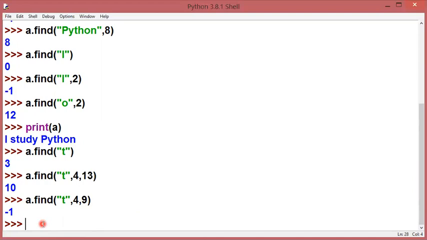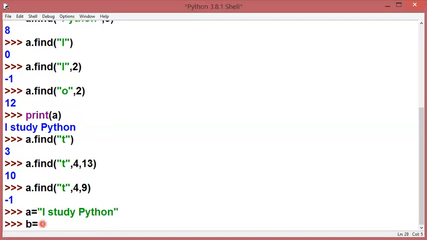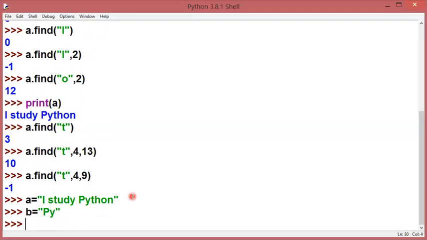We can also do it in this way, like if I say I study Python and I am storing my substring into a B variable. So I want to look for py, right? This becomes my B variable. So I can pass this statement in this way also, like instead of writing the py characters directly over here in my substring, I can pass the B variable, which is holding my substring, comma 4, comma 20.